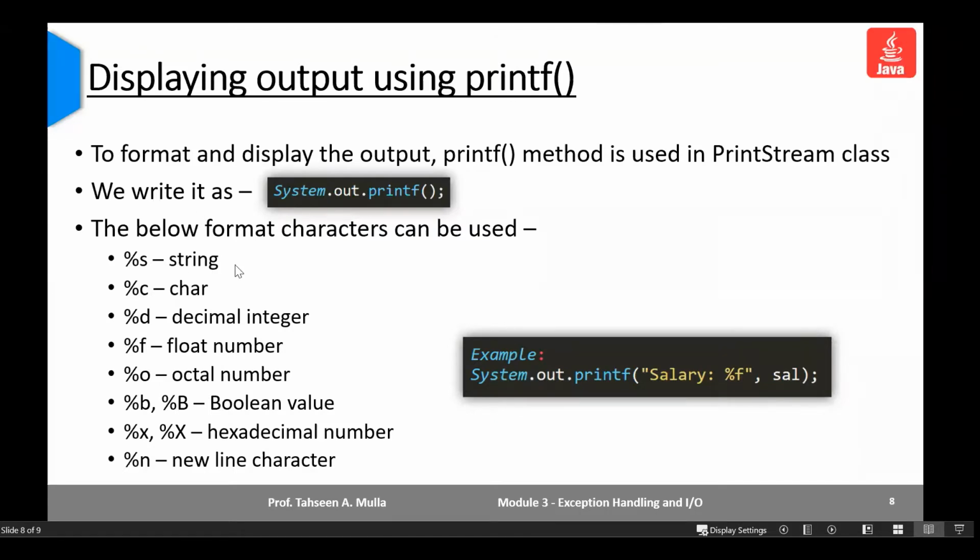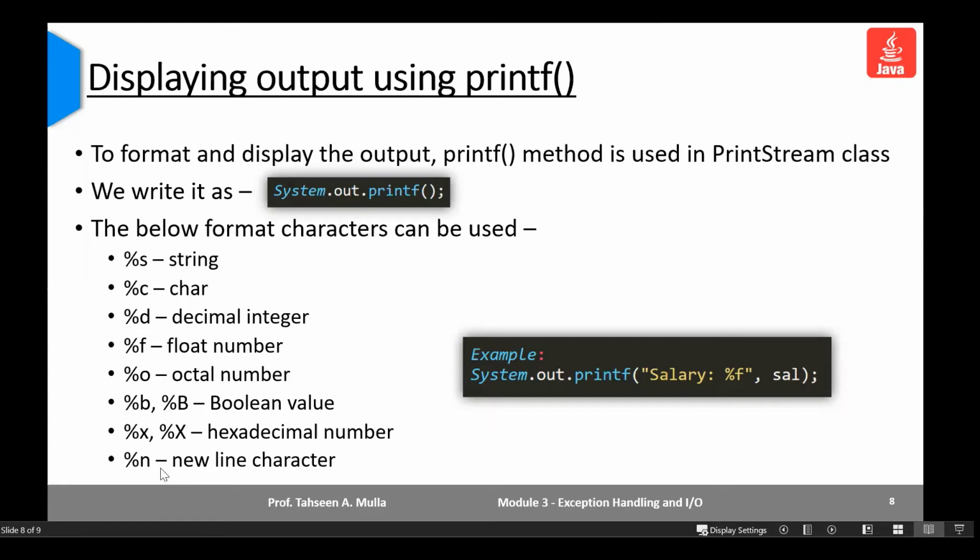You can go for string as %s, character as %c, decimal integer as %d, float as %f. You can also have octal as %o, and for hexadecimal, small %x or capital %X. Boolean values are also there, small %b or capital %B, both are considered.